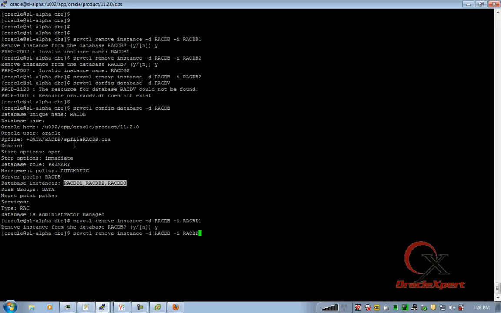So there is no need for me to remove the database. I will simply remove instances and add them back with the correct names this time. It should just come up on its own without any modification.